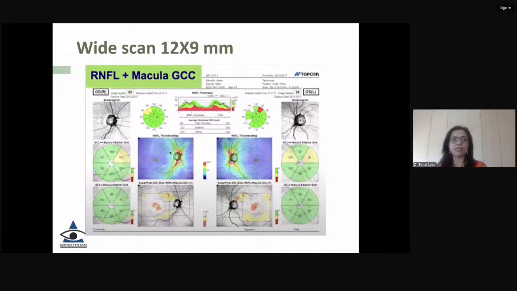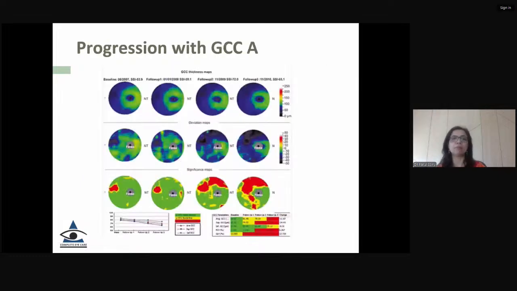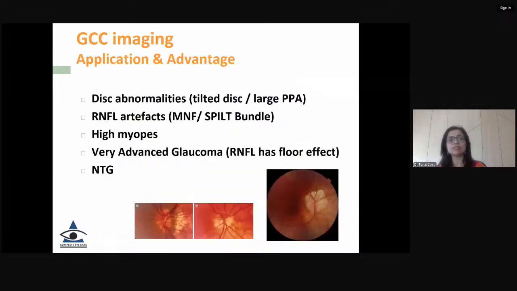So you can correlate the nerve fiber layer thickness with the macular cells in a wider scan, which gives you a beautiful depiction of how the glaucomatous damage is happening. And you can also pick up glaucoma progression with GCC assessment over a period of time using trend or event-based analysis. The advantages of GCC imaging over the nerve fiber layer imaging is in patients who have tilted disc or